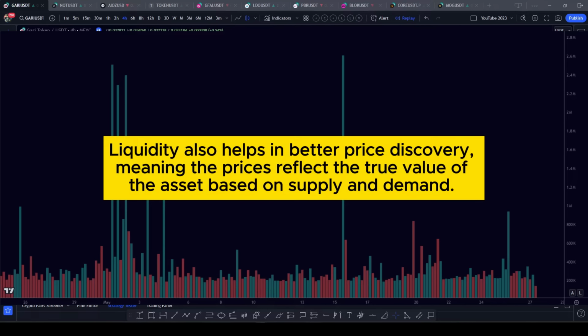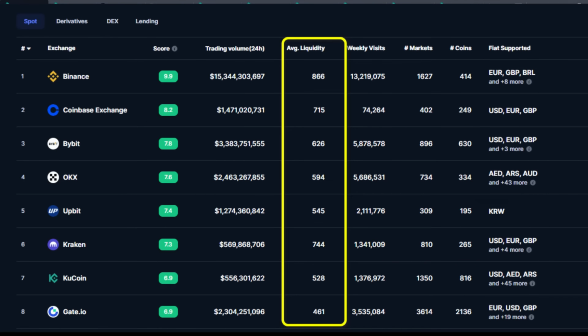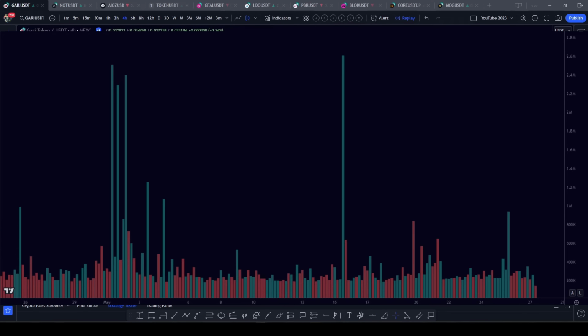Now, if you're on a centralized exchange, also known as a CEX, where there is low liquidity, and that again is the amount of tokens that you're trying to buy or sell, for your order to be filled, if you're buying, you may have to pay a higher price or have multiple buy orders.